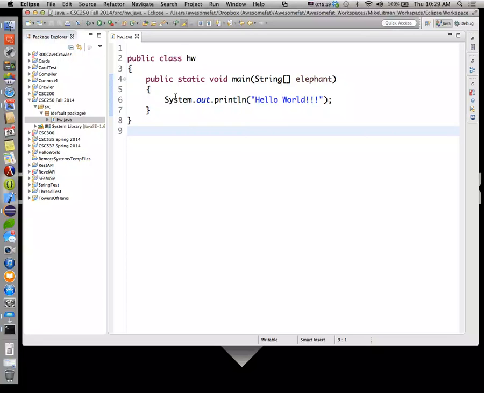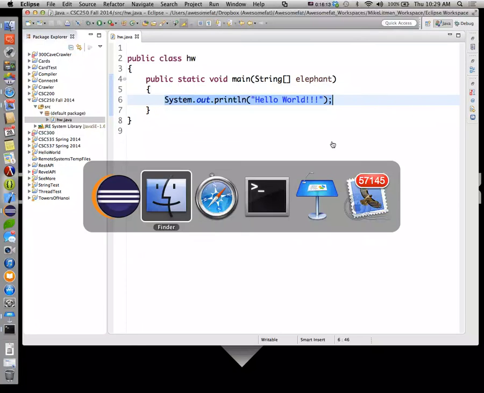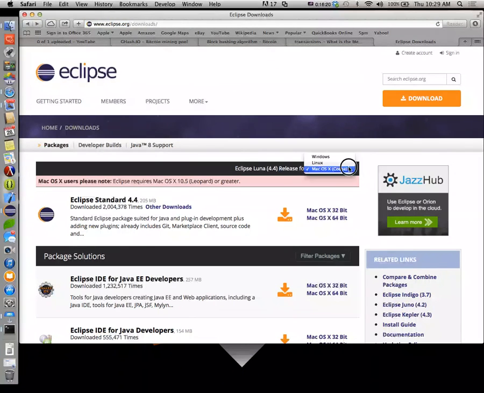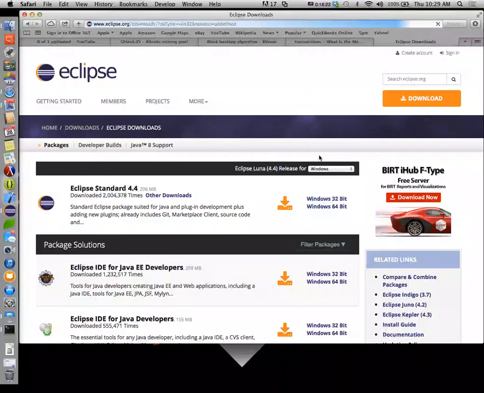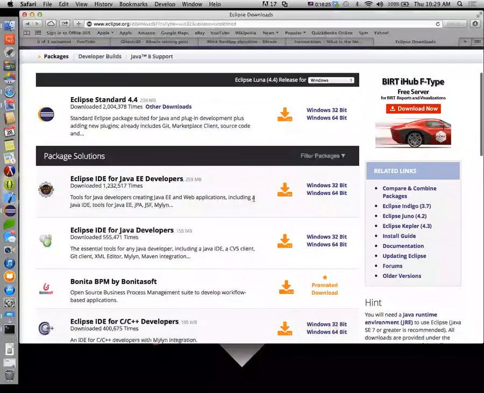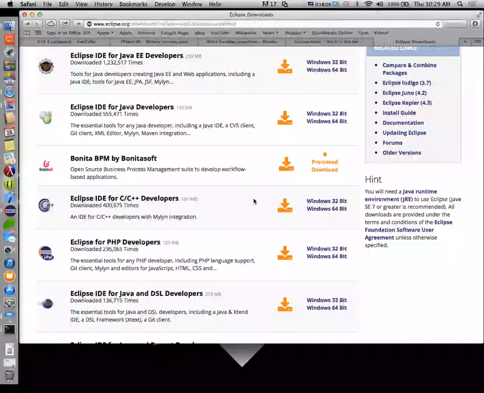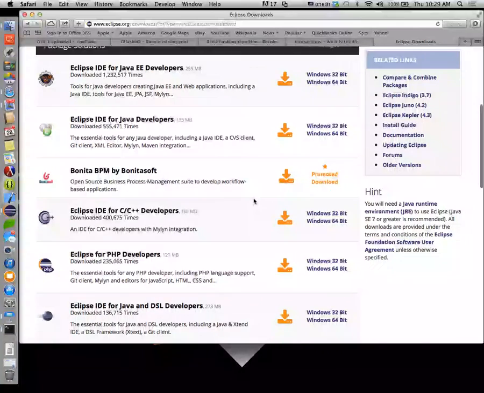Okay, so questions about Eclipse? Go ahead. Is it available for XP? Sure. I don't know why it wouldn't be. Yeah, I mean, it says Windows. Did it say anything special on there? No, it didn't say anything. Yeah, I think it'll run on XP. Alright. You're still on XP? I have a laptop that's on XP. Okay. Yeah, I don't envision you running into any problems.